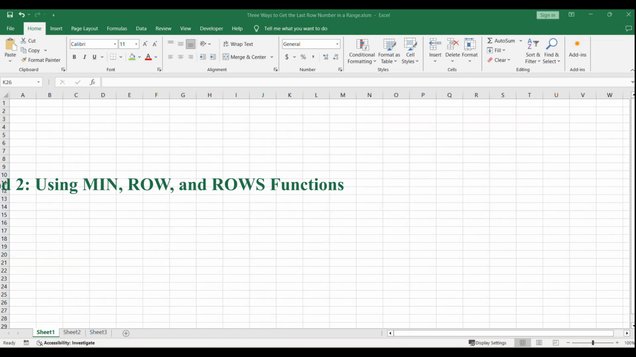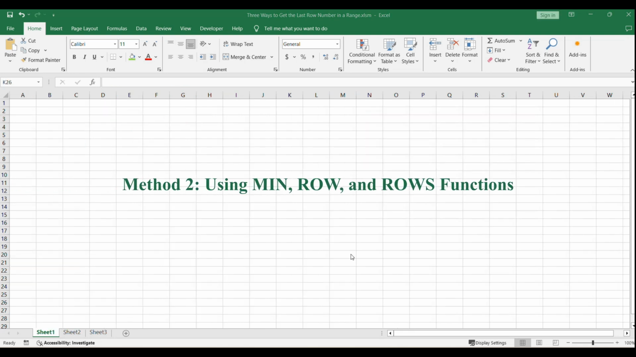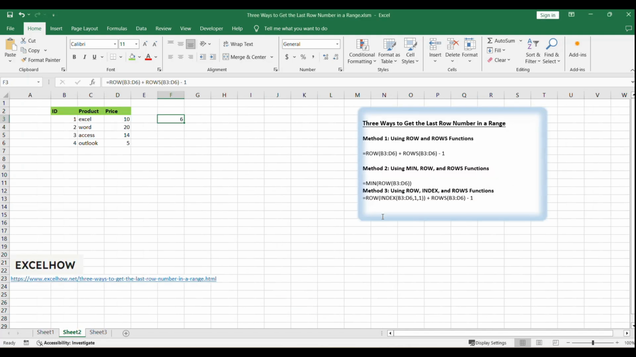Moving on to method 2, we'll use the MIN function alongside ROW and ROWS to achieve our goal. This method is particularly useful when you need to find the first row dynamically and then calculate the last row from there. The MIN function can be utilized to find the first row in a range by returning the smallest row number. This is helpful when the range starts at different points and you need a flexible approach to determine